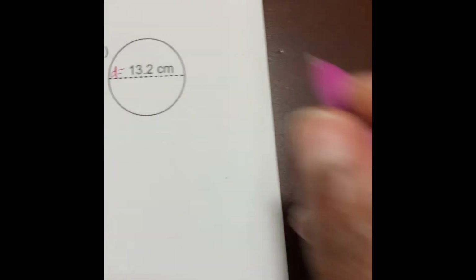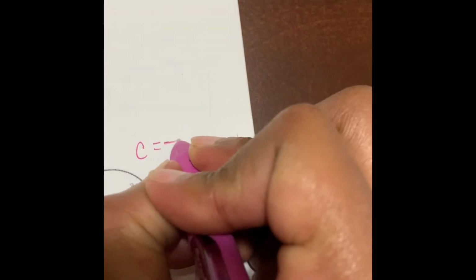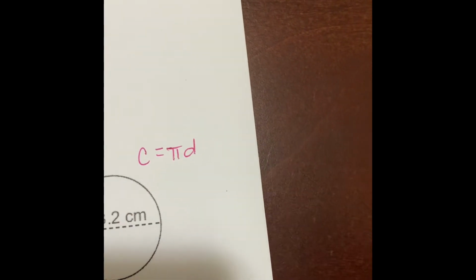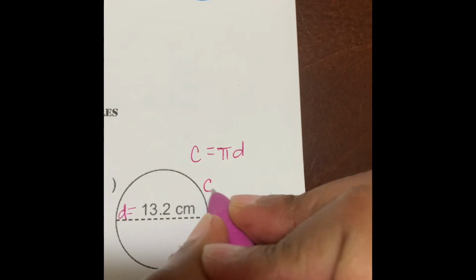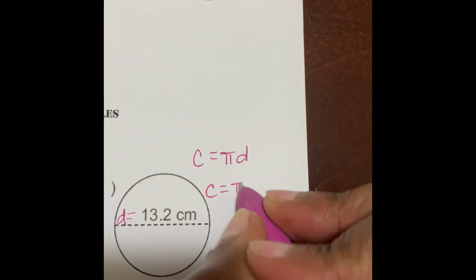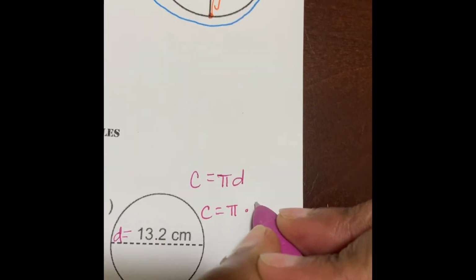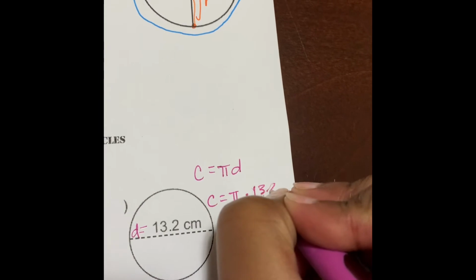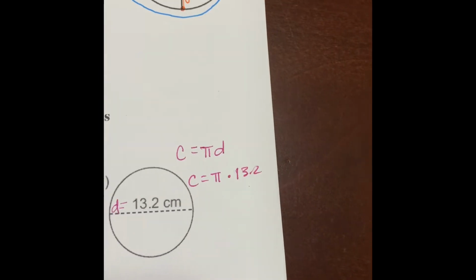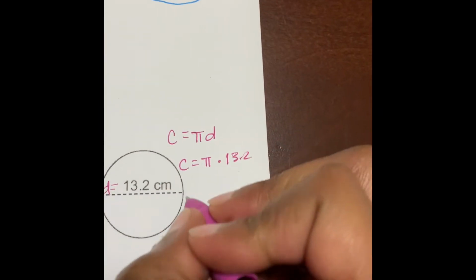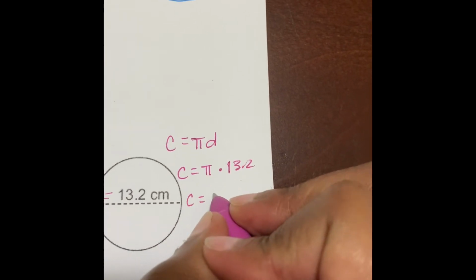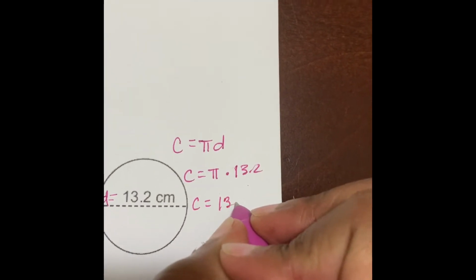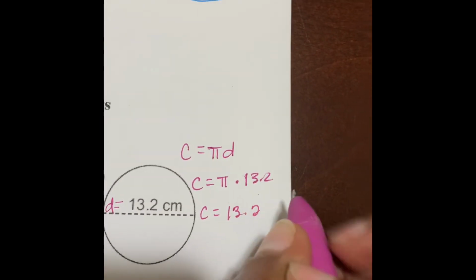Okay, so C is equal to pi times D. Circumference is equal to pi times 13.2. Remember that dot means to multiply. So I can say the circumference is equal to 13.2 pi,